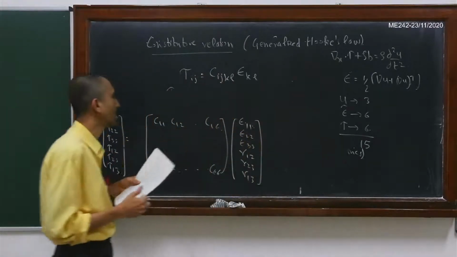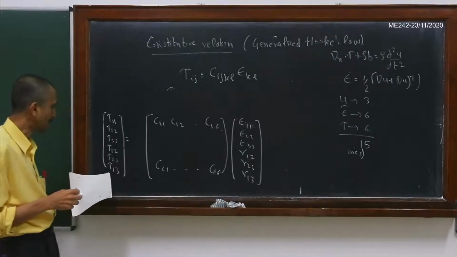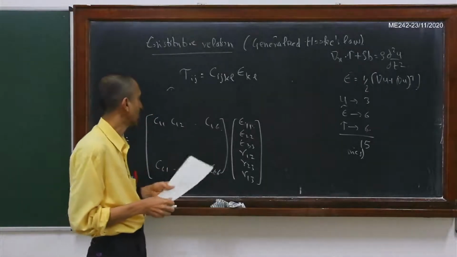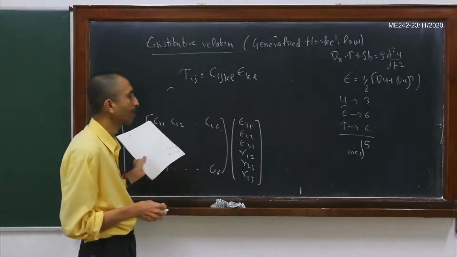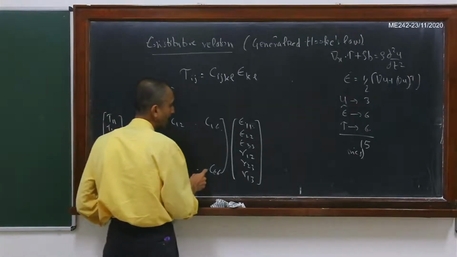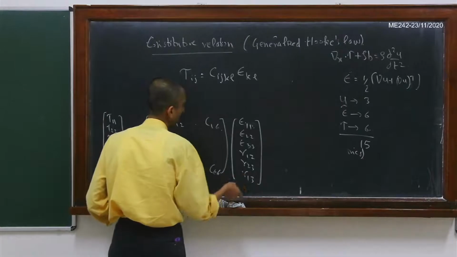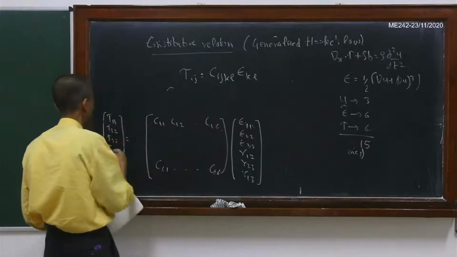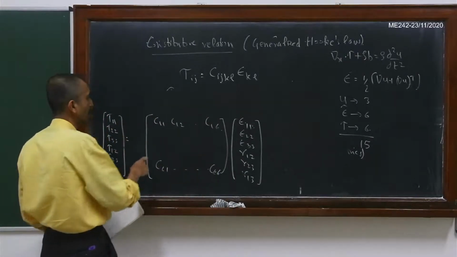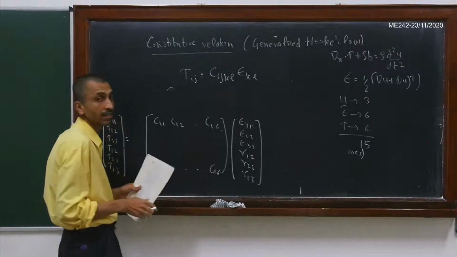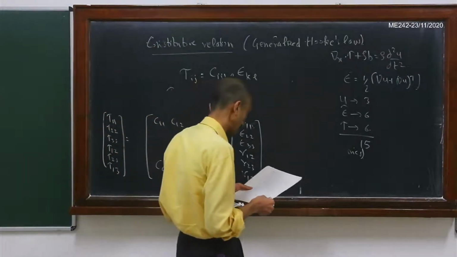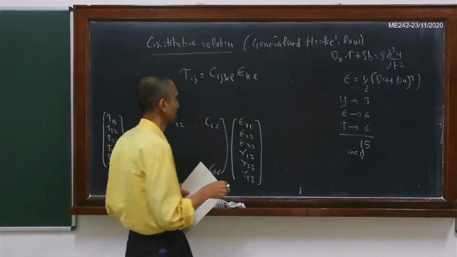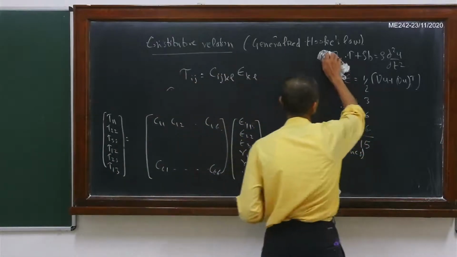So because there are only 6 independent components for the stress tensor, and because there are only 6 independent components for the strain tensor, we can write it in this particular matrix form. So basically this is a 6 by 6 matrix that is multiplying the strain expressed in this particular form to give you the stress. So here this 6 by 6 means there are 36 components in the constitutive matrix here, right. So basically what has happened is that